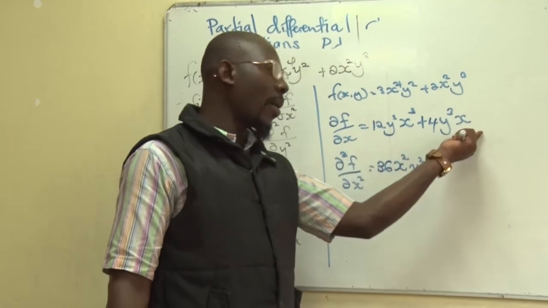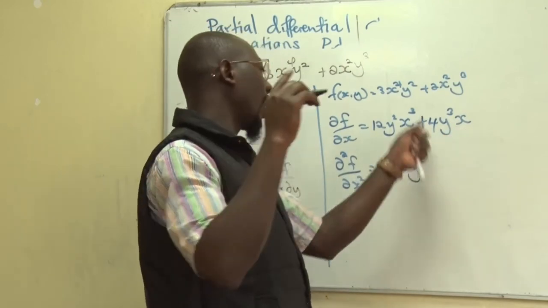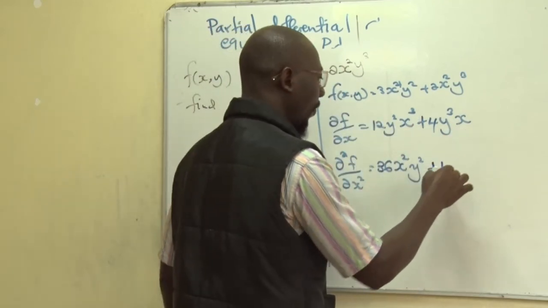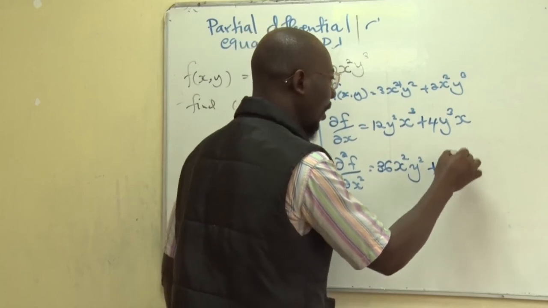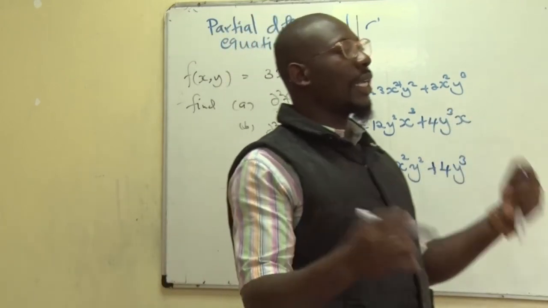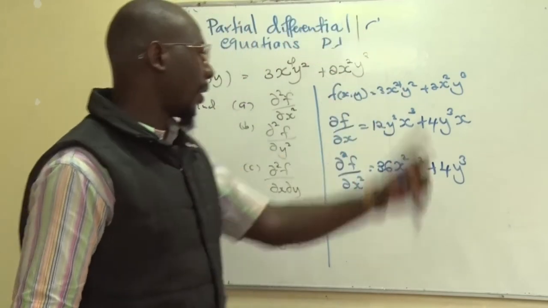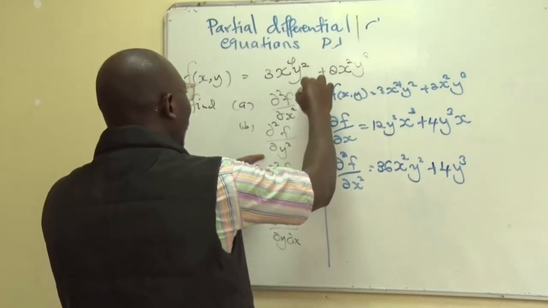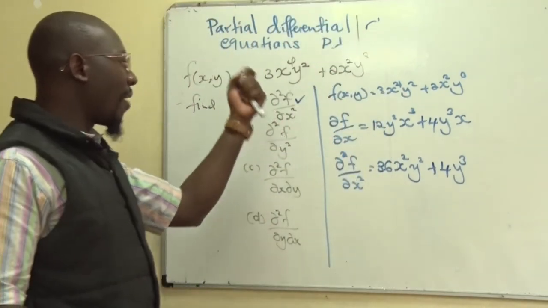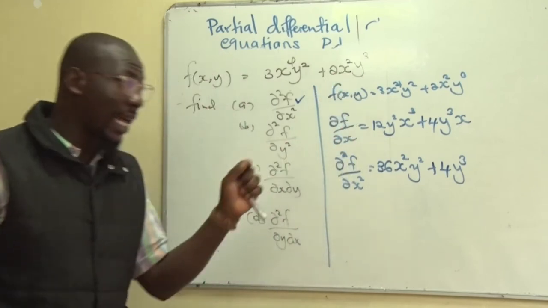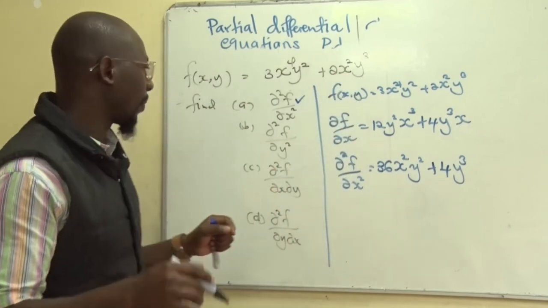Then you come here, the power of x is 1. So you multiply 1 by 4, it still becomes 4. Then y cubed is a constant. The power of x goes to 0, and any number raised to power 0 is 1. So this one, you have answered the first question. You treat a variable which is not the one of interest as a constant for you to solve it.